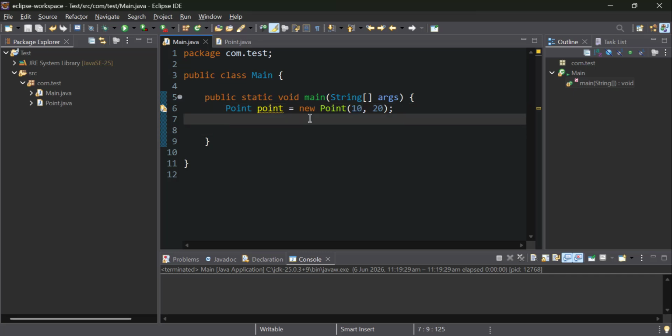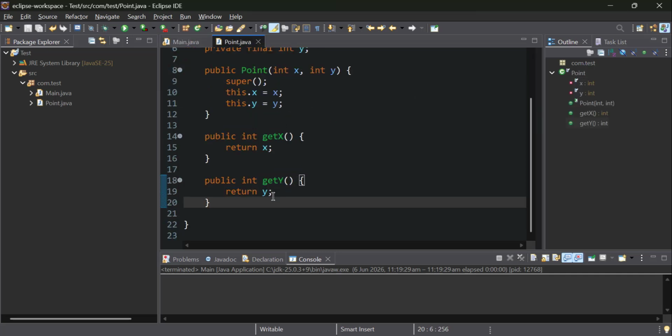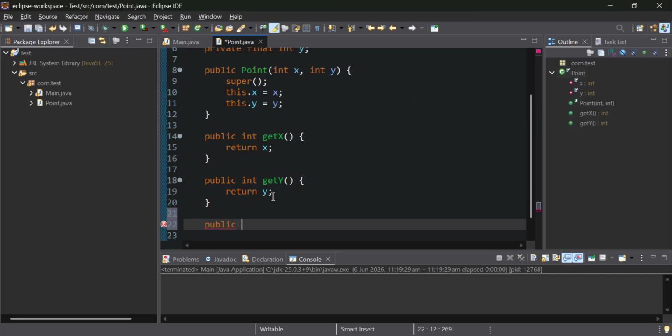What will the user do? They will create a new point object, right? There is no other way to update the value. So they will create again a new object with, let's say, 30, but the value of y is the same. So what we can do is have one method which will return a new point object, and the convention is withX,